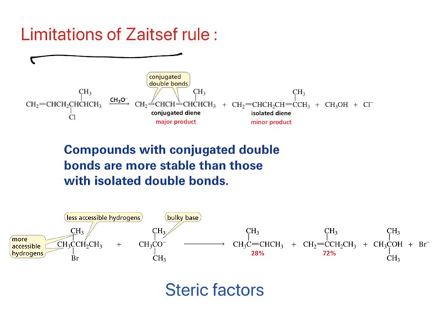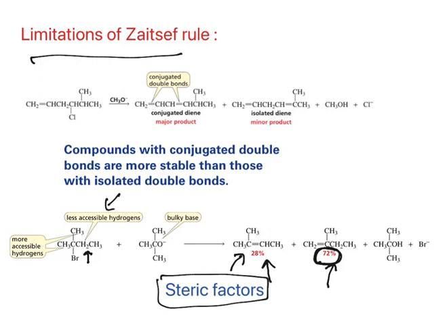Second one, again, this one is more substituted than this one, but the formation of the less substituted one is very high. Why? In order to form the more substituted one, the sterically hindered proton needs to be abstracted. This is a less accessible hydrogen. So the steric factor comes into play. Whereas the other two protons are more accessible. A base can easily take them off, and you will be using a bulky base. So the sterically favored one is the less hindered one. That proton is removed and this product is formed.